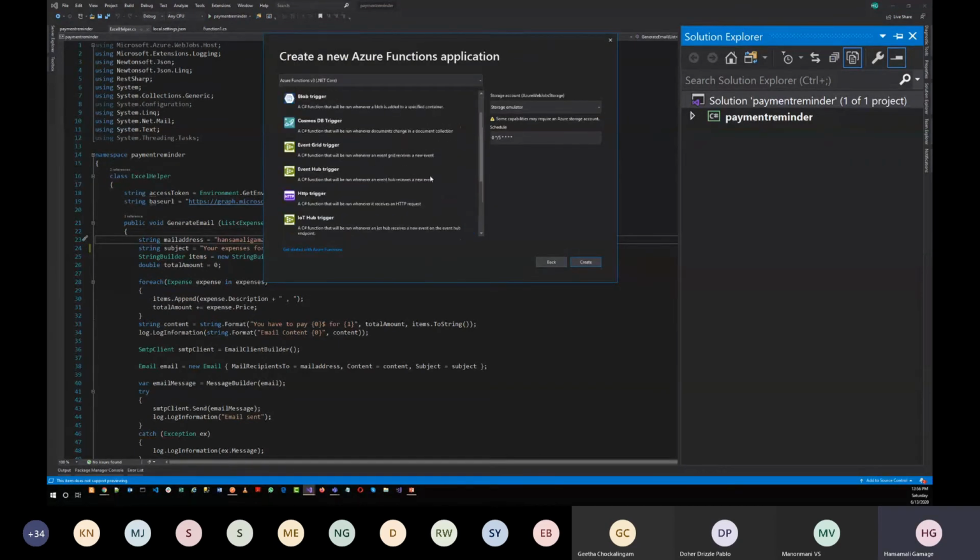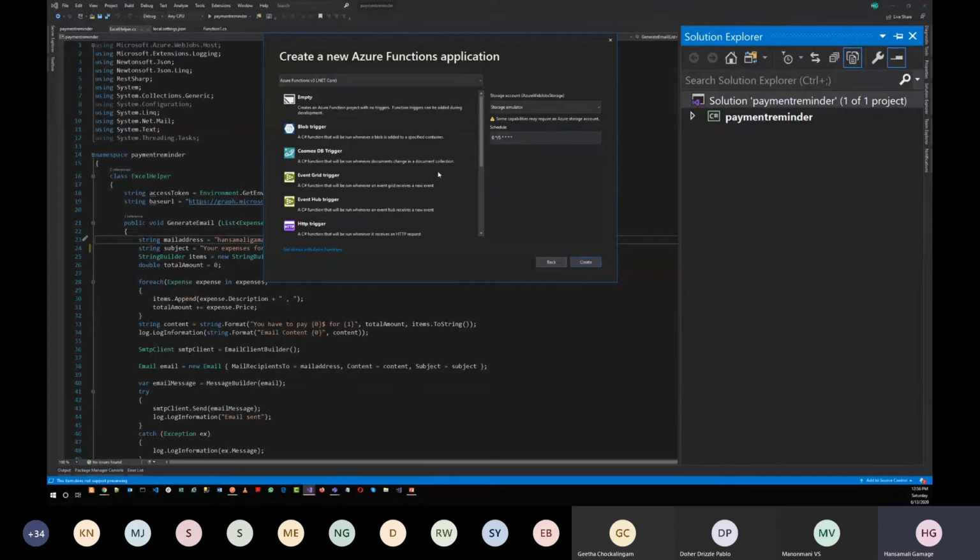From here you can select the Azure function template. Since we are using an IDE, it provides a set of templates to create our applications. For a web application it's the same, and for an Azure function also the same. So we can select a template from here. I'm going to use a timer trigger.